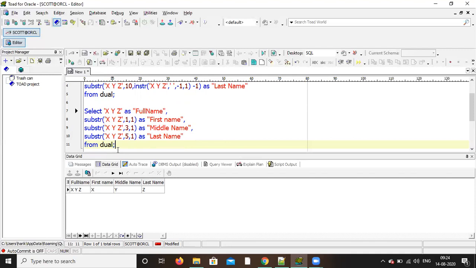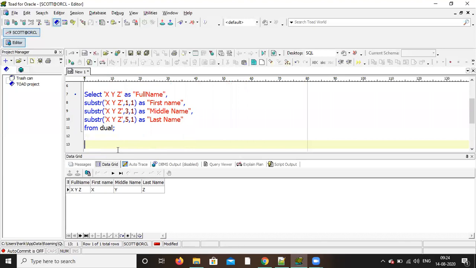First, try to find the position of the first space. Write the query to find the position of the first space.